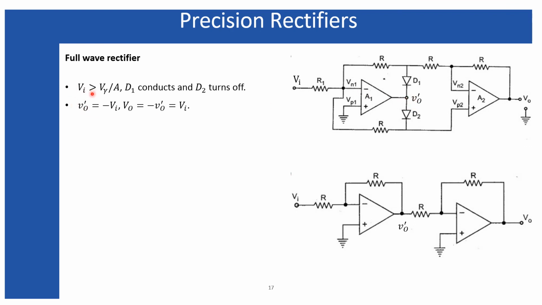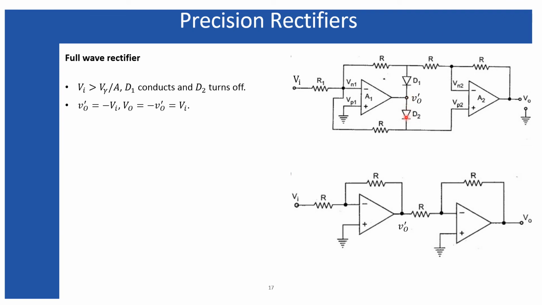So when the input voltage is just greater than the threshold voltage divided by the open loop gain of the diode D1, here although I'm assuming the threshold voltages of all the diodes D1 and D2 have the equal requirement. So when the input voltage becomes the threshold voltage divided by open loop gain or greater than that, then a negative voltage, negative V gamma voltage or greater than negative V gamma voltage will appear for this V naught dash, and that will make this diode D1 conducting, keeping this diode D2 turned off.